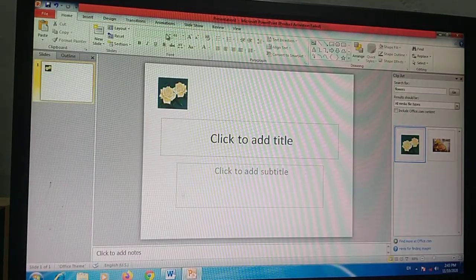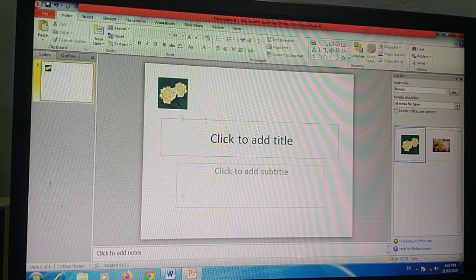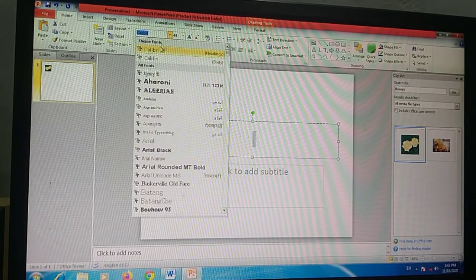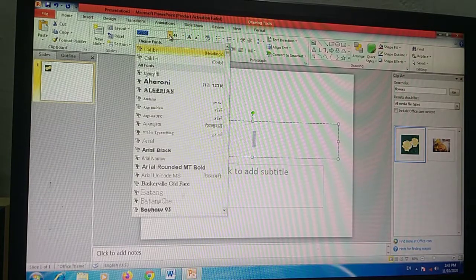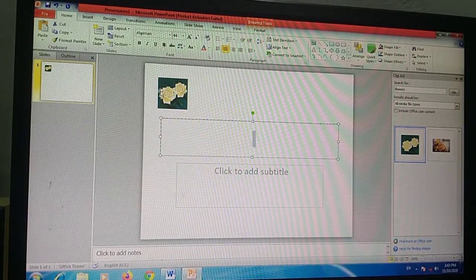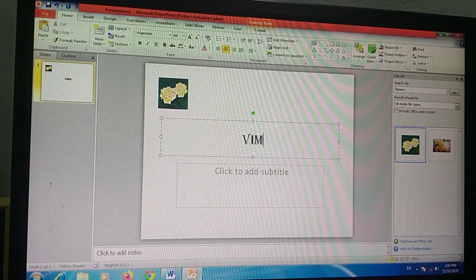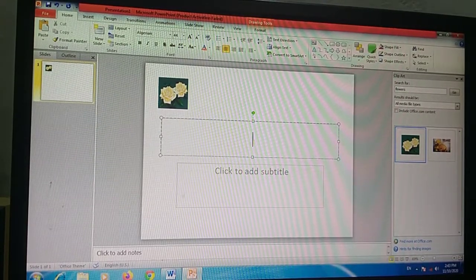You can also change the font spacing. See, the fonts are given here. If I select this and write anything, you can see the text has been changed here.